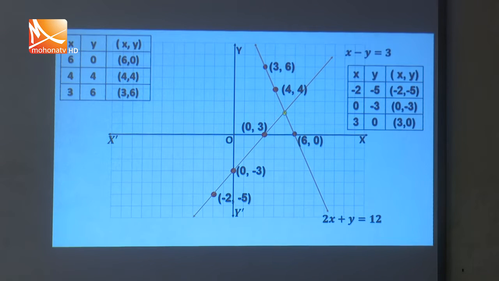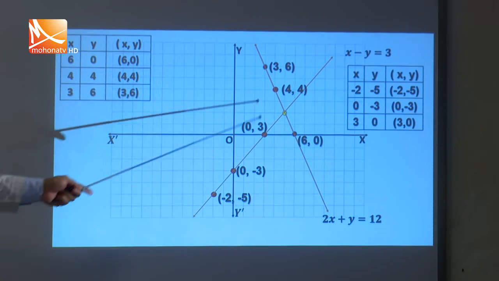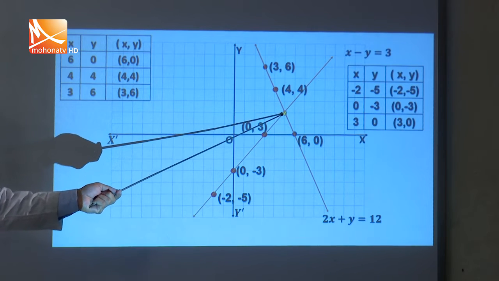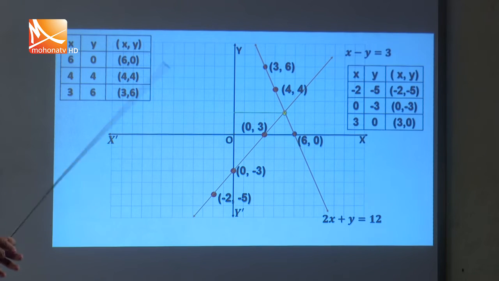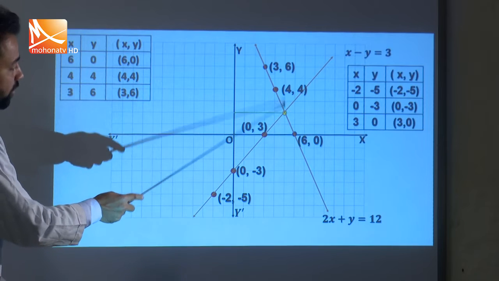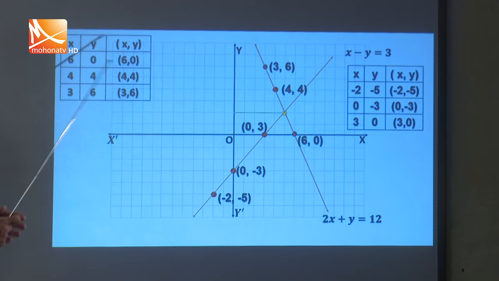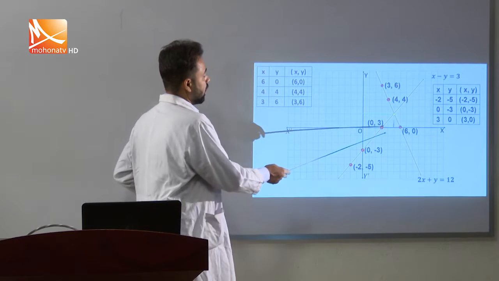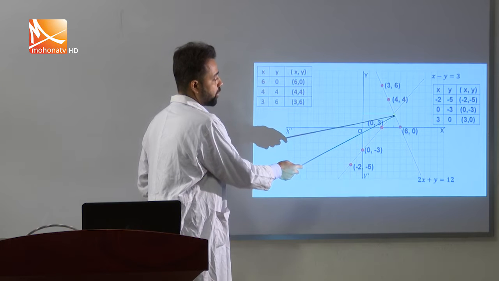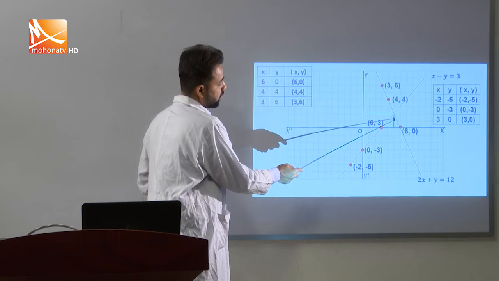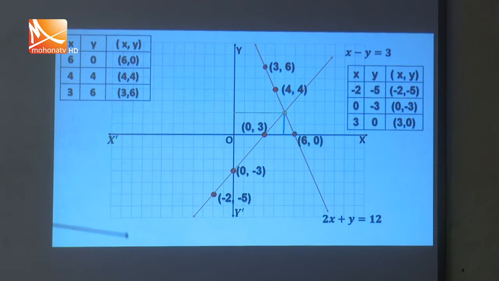Students, observe carefully here, these two equations intersect each other, and the intersecting point is this. And what is the abscissa of this intersecting point? We know abscissa means distance from y axis. So, distance from y axis is how much unit? 1, 2, 3, 4, 5. So, the abscissa of this point will be 5, and ordinate, we know ordinate means the distance of a point from x axis, and this distance is 1, 2. So, the coordinate of this point will be (5, 2), isn't it? Okay, (5, 2).